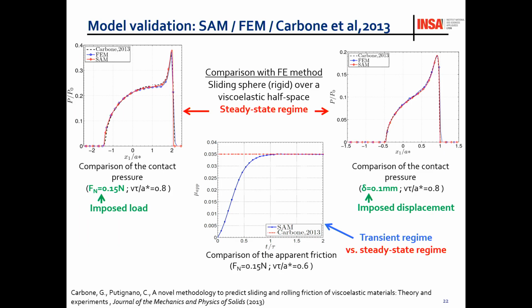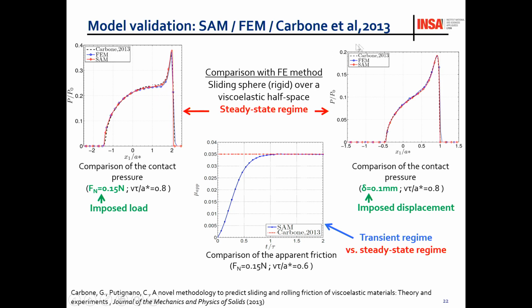Okay. Then again, there are many results in these curves. On the top, you have two different types of loading. Then on the left, you impose a load, and on the right, you impose a displacement. And the results are completely different, especially in terms of the maximum pressure. The maximum pressure is always lower when you impose a displacement, the vertical displacement. And again, you can see also some asymmetry of the pressure distribution.